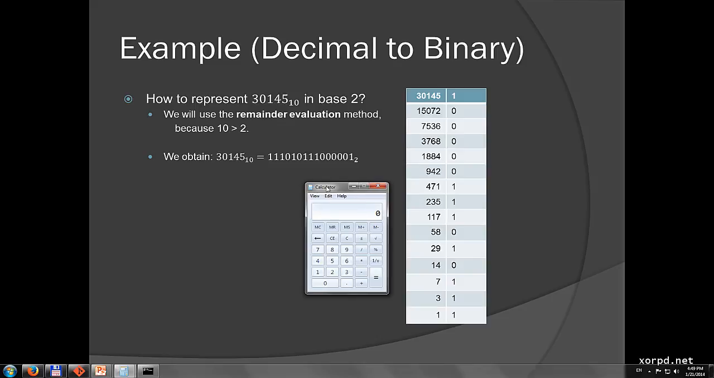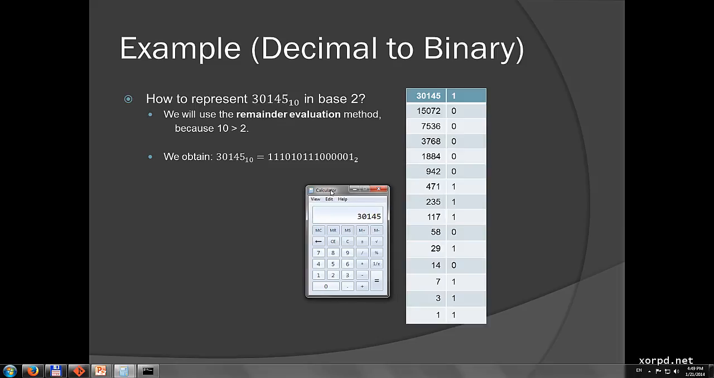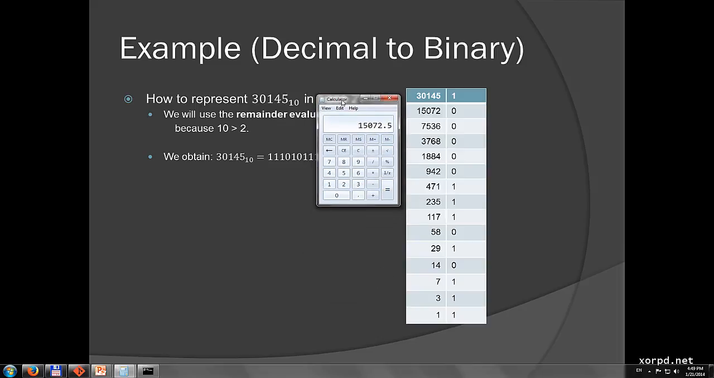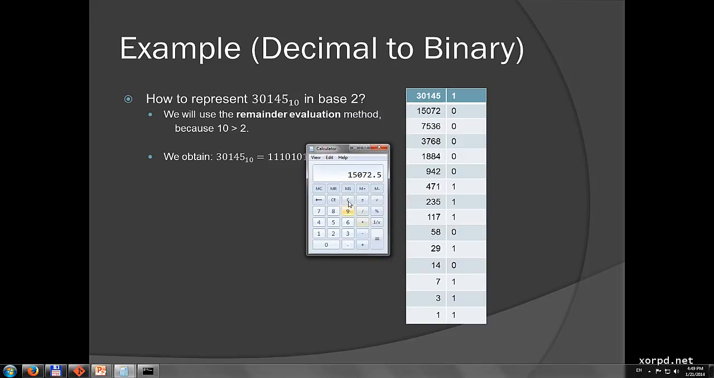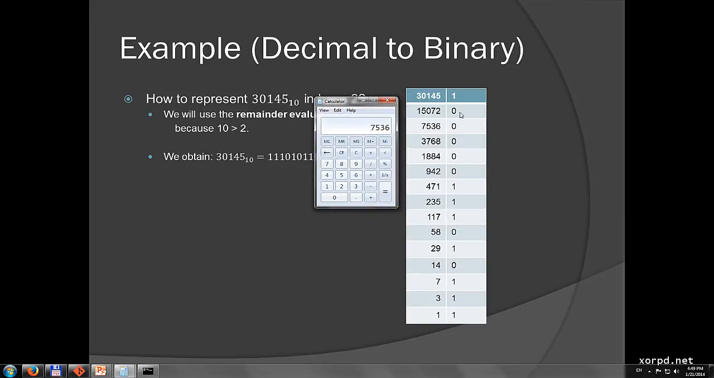This is the calculator in the regular mode, like usual people use it. We're just going to check, for example, this number divided by 2 to check the result. And indeed, this is the right result. And we have this .5 because of the remainder. For example, if we check the divisibility of another number, 15072, and we try to divide this one by 2, we get exactly this number, because the remainder is 0